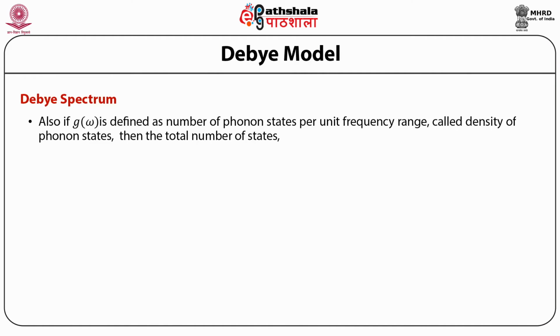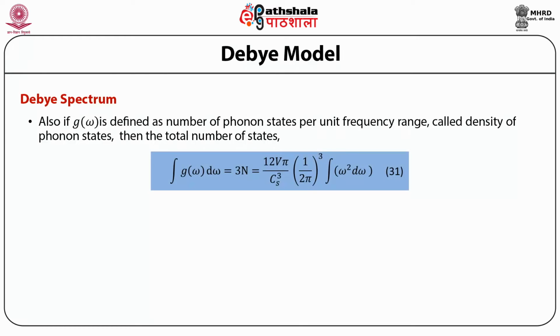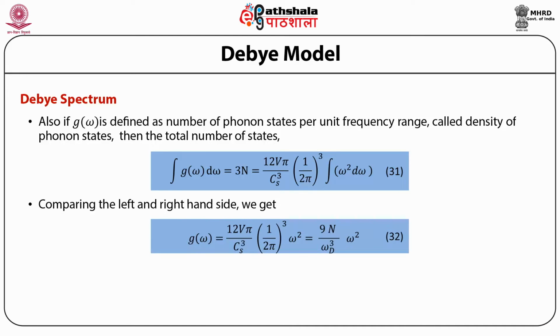Also, if g(ω) is defined as the number of phonon states per unit frequency range, called the density of phonon states, then the total number of states, the integral of g(ω) dω, is equal to 3N, which equals 12 Vπ upon Cs cube into (1 upon 2π)³ integral over ω² dω. Comparing the left and right hand side, we get g(ω) is equal to 12 Vπ upon Cs cube